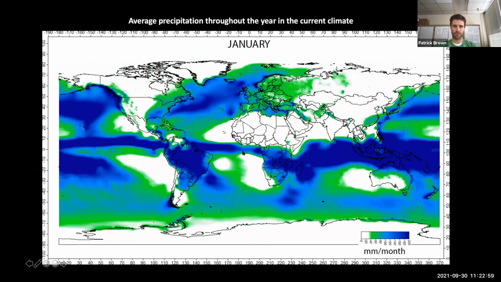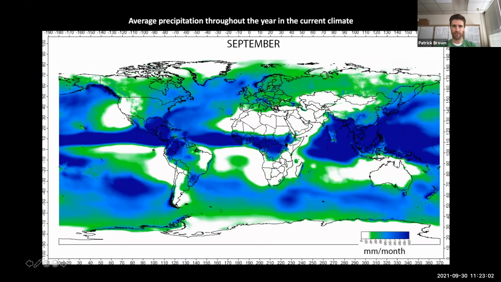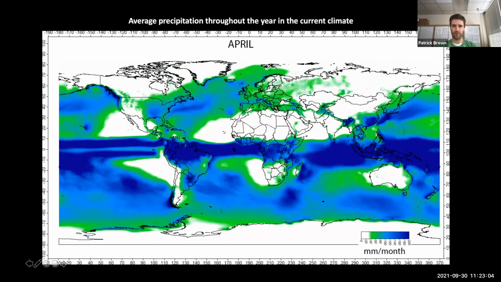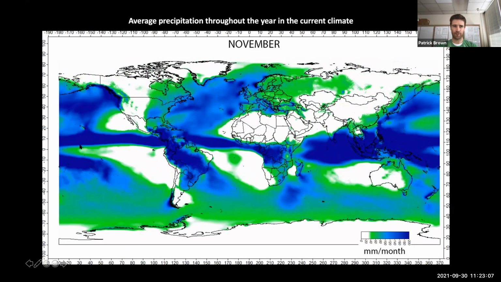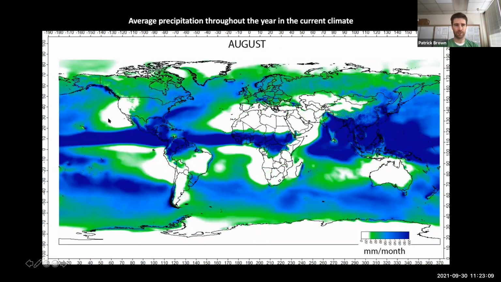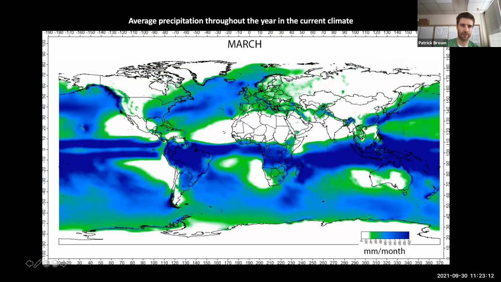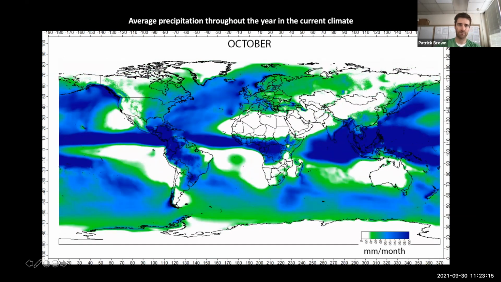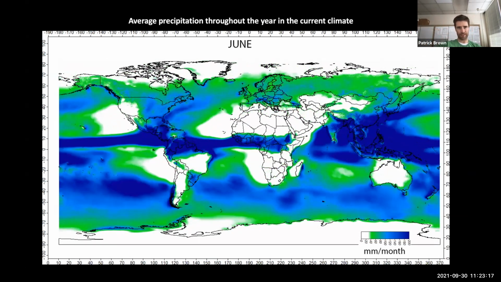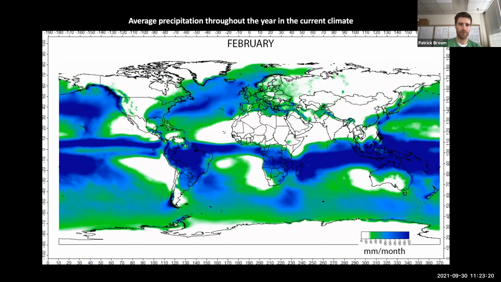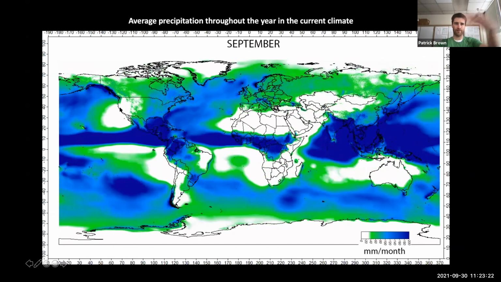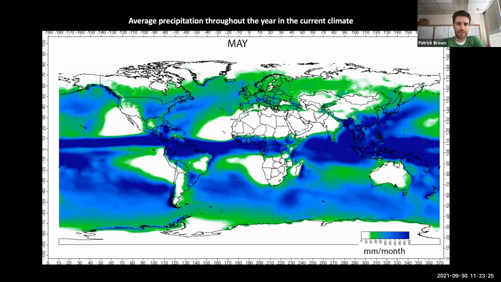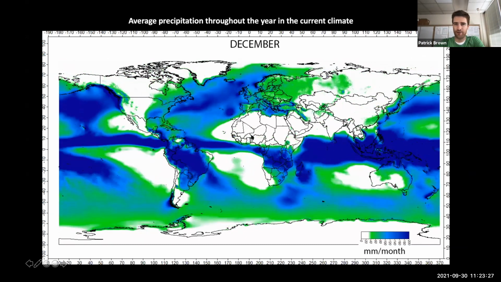And so you can see what I was just talking about, that this area here is that area near the equator where you have the most rainfall. And then it just shifts north and south throughout the year. And if you look at us here, I have my cursor right where we are, we are sometimes right in the middle of that area with no rain. That's in our summer. And then in our winter, we are in an area with rain because that whole dry zone shifted to the south.